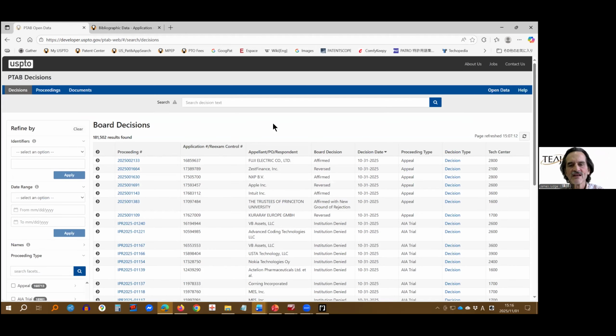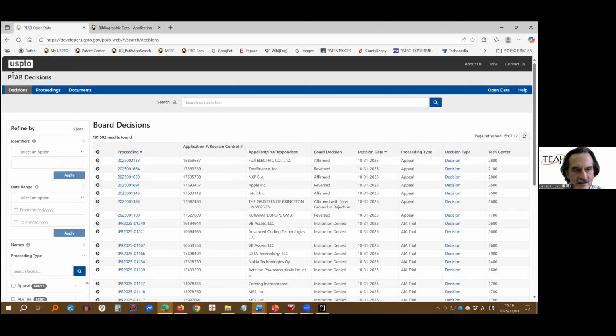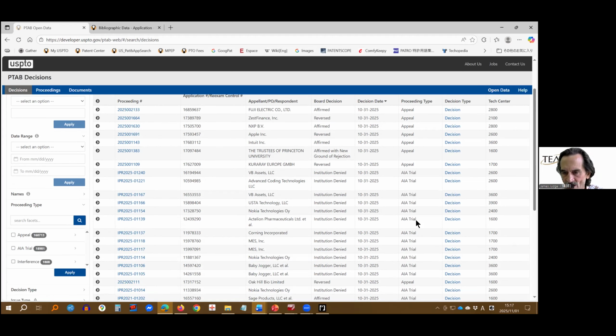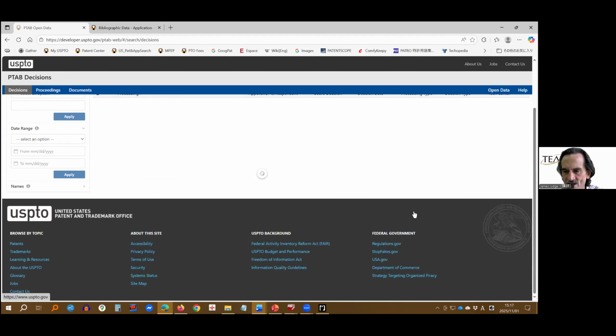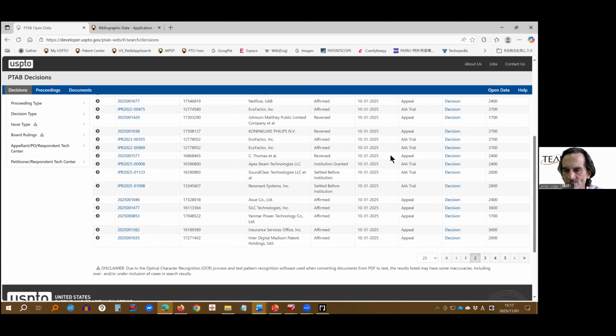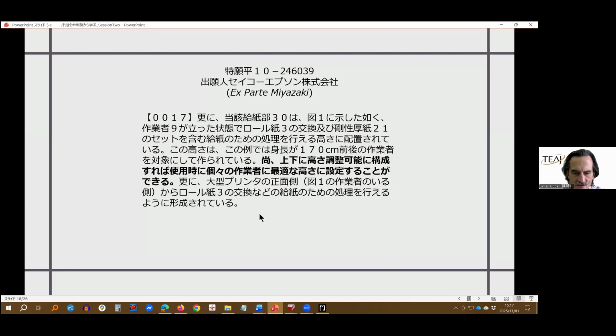But anyway, the point is most of the decisions in this PTAB database are appeals, because they are not an expensive, drawn-out process, and they can be filed by the applicant who wants to try to overcome the examiner's final rejection. And so you can see in this column, most of the proceedings are appeals. Well, there's actually a lot of trials too, but the reason I wanted to revisit that is in order to introduce